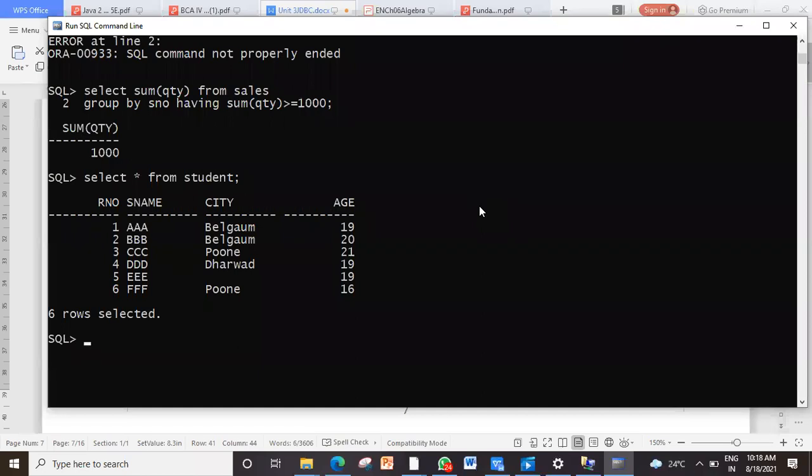What did it do here? Display the student table values. I want to display students belonging to a particular city, belonging to Belgaum city. How will you modify the statement? Where